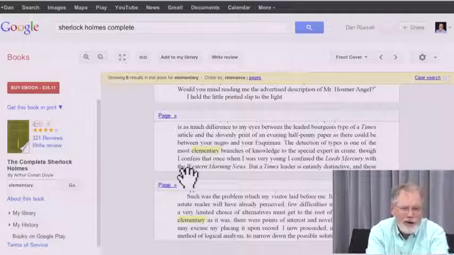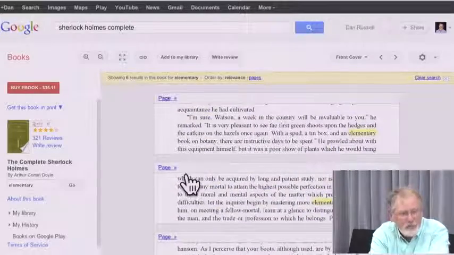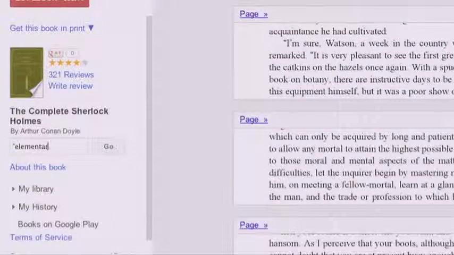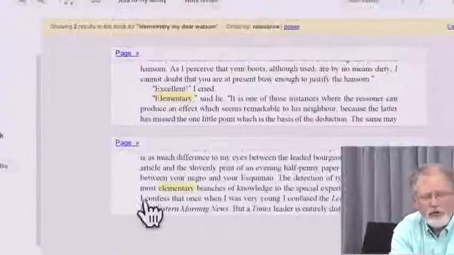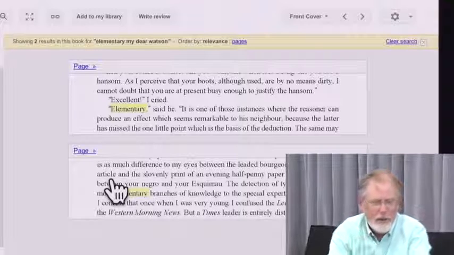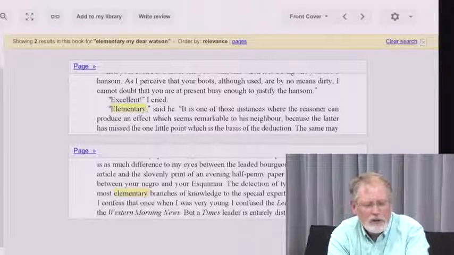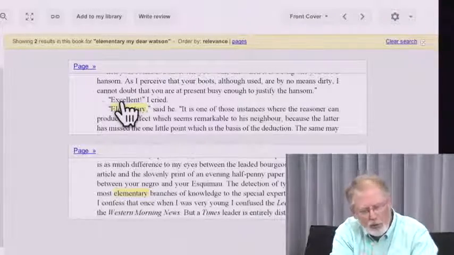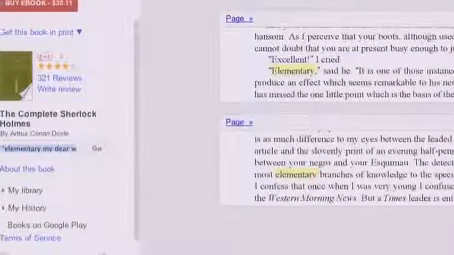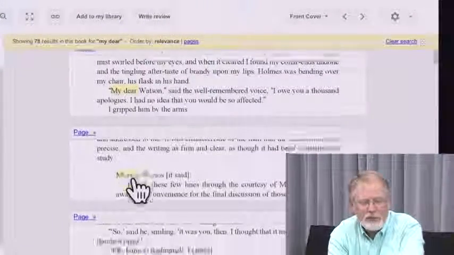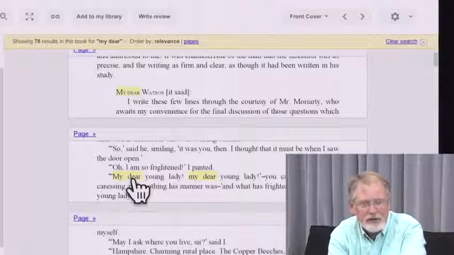We think of that as a common phrase in Sherlock Holmes, but it turns out it's only used a small number of times. So if we actually go through and double quote this, "Elementary, my dear Watson," it's again going to give you, in this case, a smaller number of results because it's trying to maximize the match of the query. So one of the things that comes up here is this is, as we said, a preview of the whole book. So let's go back and change the query here to say "my dear," like that. And you'll see there's a lot of different instances of the phrase "my dear" in the text.